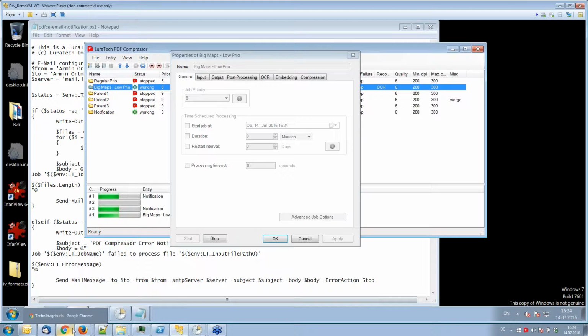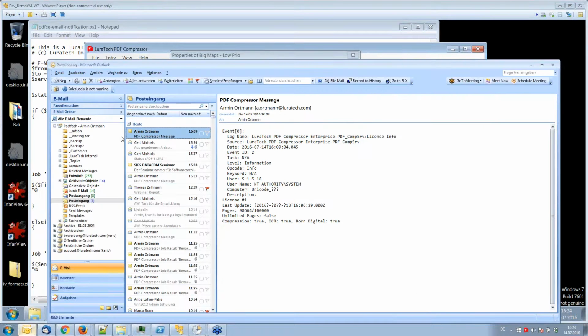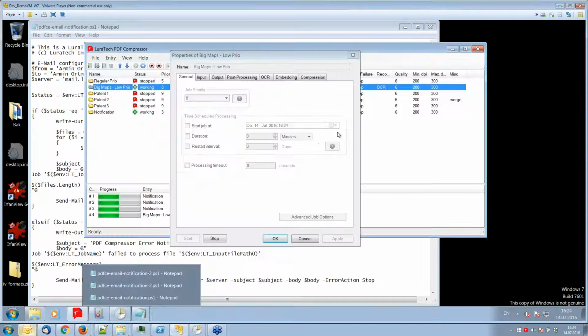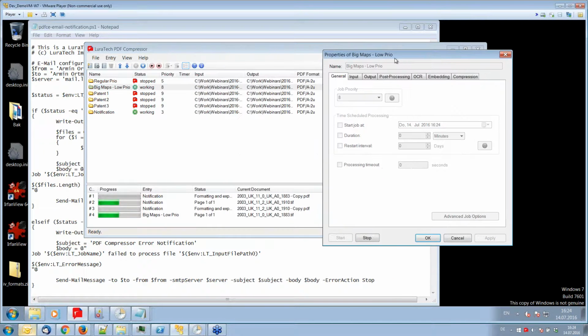Well, I'm actually getting a few error messages because these two jobs are overlapping in their output files, but that's not so bad either. And I should soon have the first notification